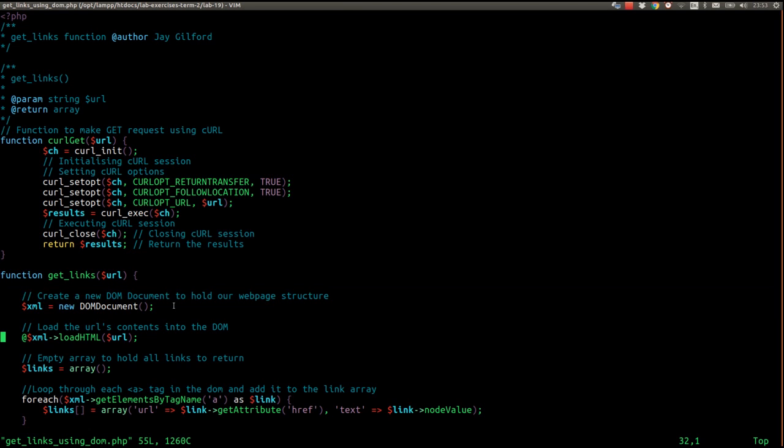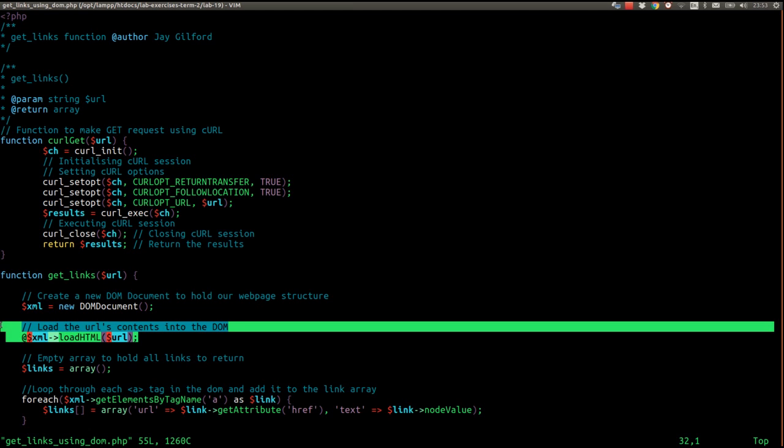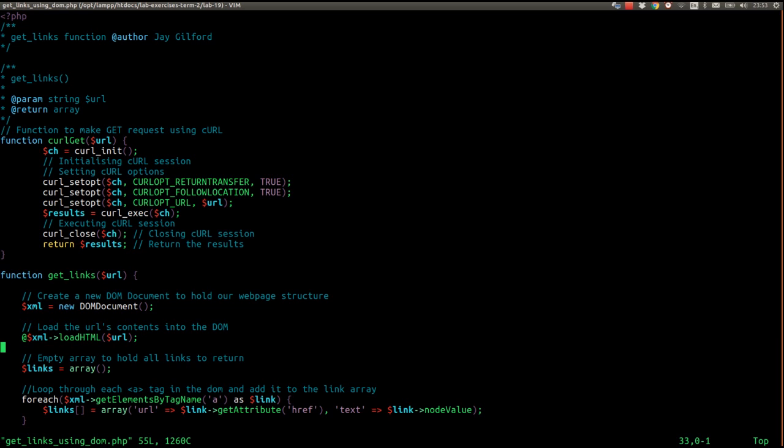It interprets that raw page source as the structure it would have originally had, as a document object model, and you take the raw stuff we've scraped, load it into the DOM document,